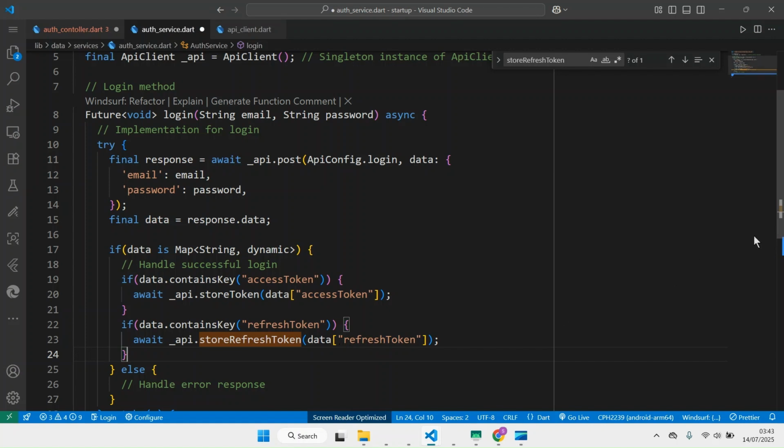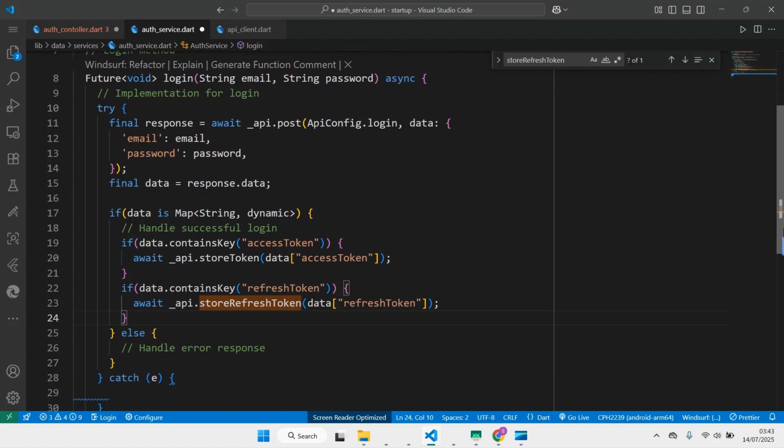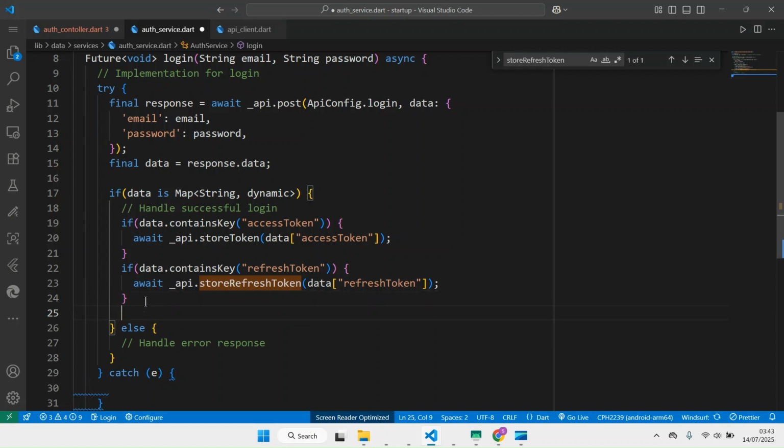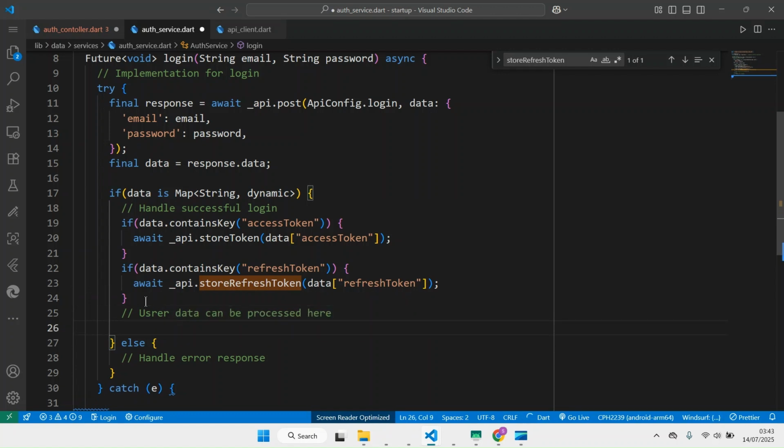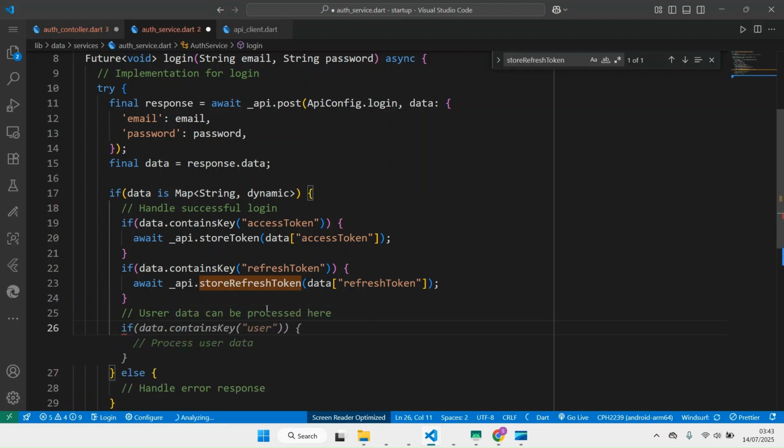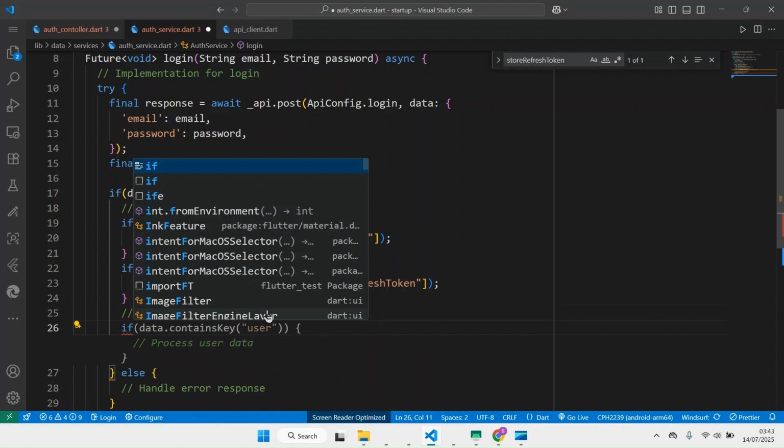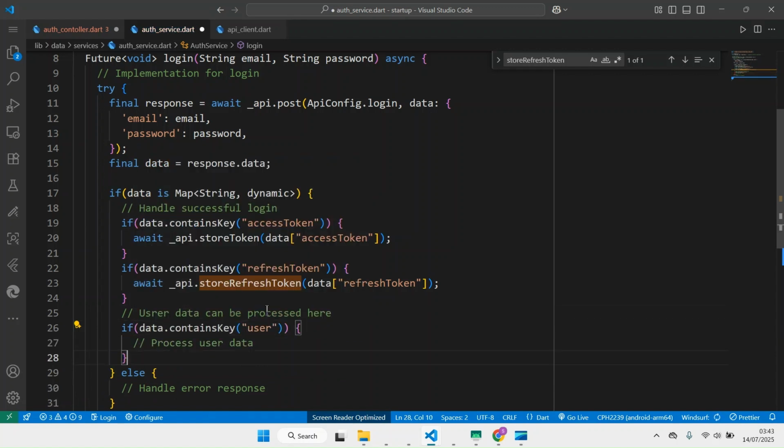So if you get user, we can check, because once you log in, we get user data. So we can do if contain user data, we can do something. For example,